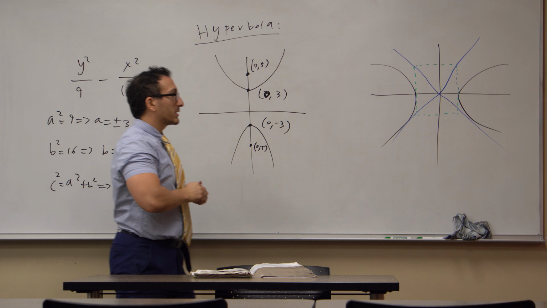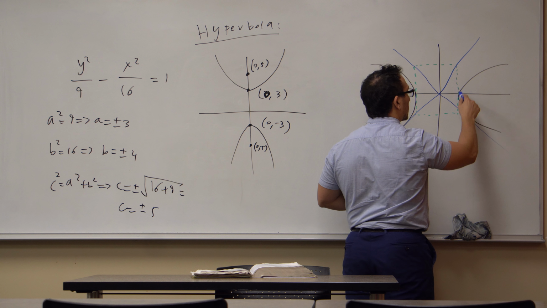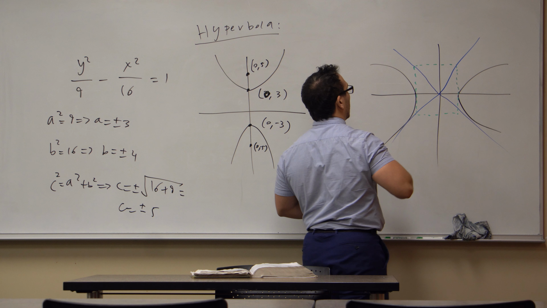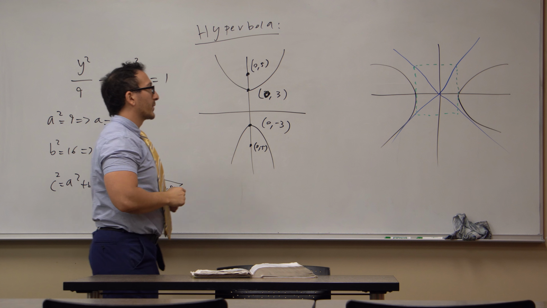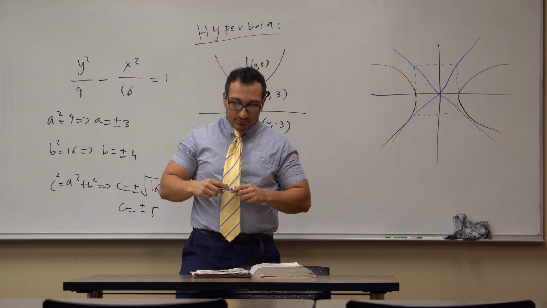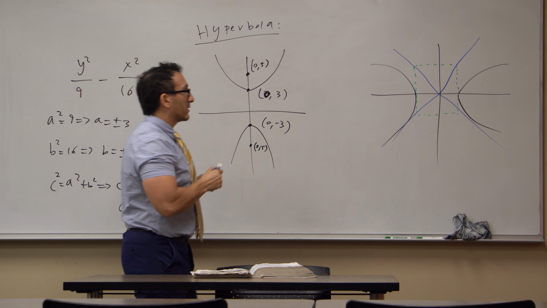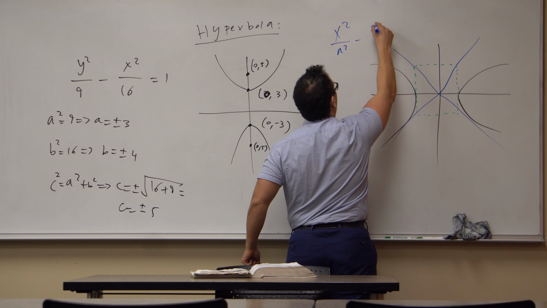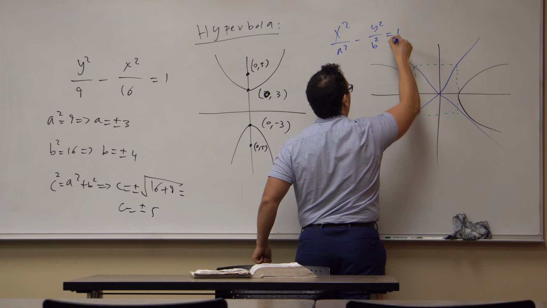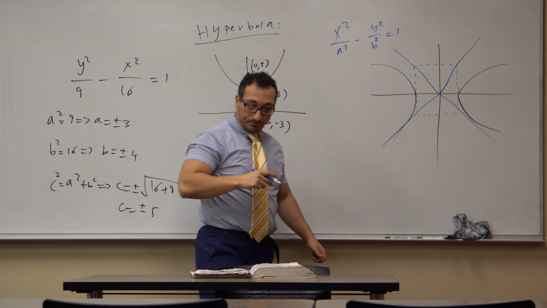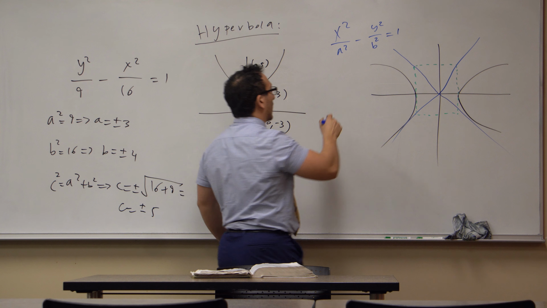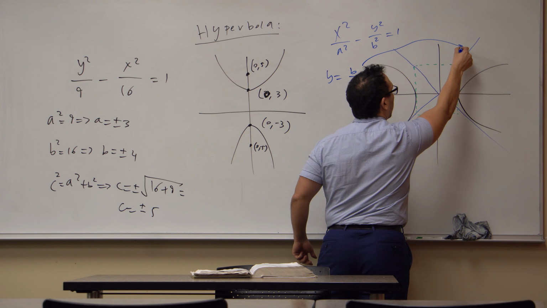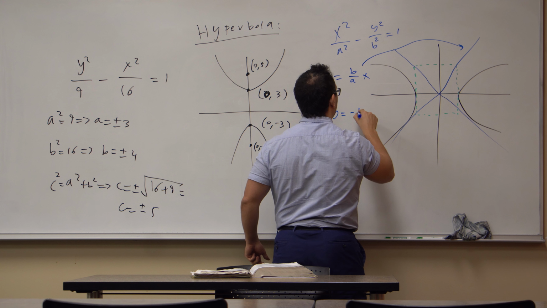Now, I'm not the best artist. This one doesn't really look close to it, but this one really does look like a nice asymptotic line. Not so much here, but definitely here. It does kind of look like an asymptotic line. Notice that these asymptotic lines, whenever you have them in the x squared over a squared minus y squared over b squared is equal to 1 format, are actually y is equal to b over a x for this guy, and y is equal to negative b